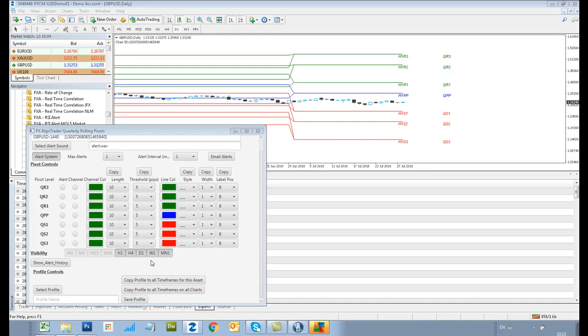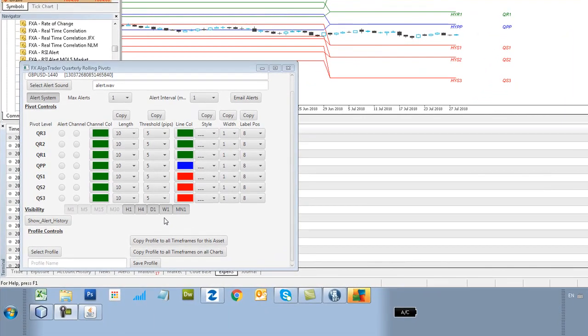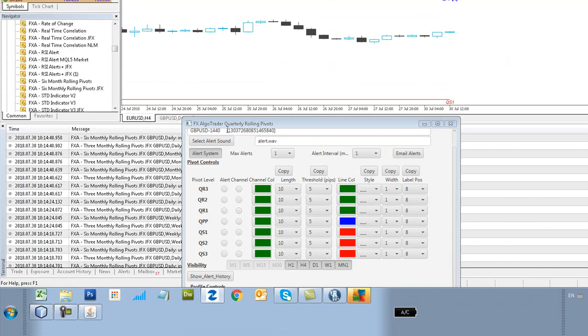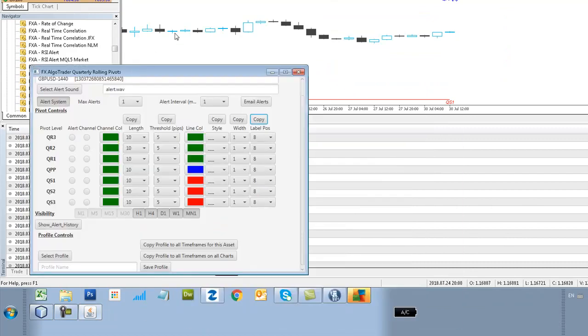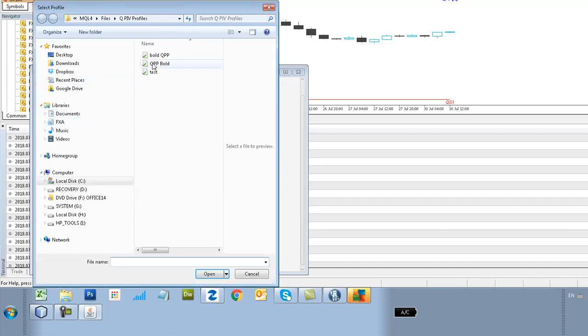So with regard to profiles, if I use the second option here, copy profile to all time frames on all charts, that means that any chart running the quarterly indicator will get the same treatment. So if I go back, for example, to my euro-dollar H4 chart, click on it to make sure it synchronises with the interface, and I can select my old QPP bold profile here,